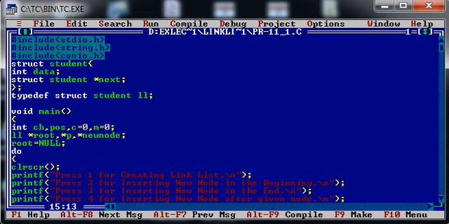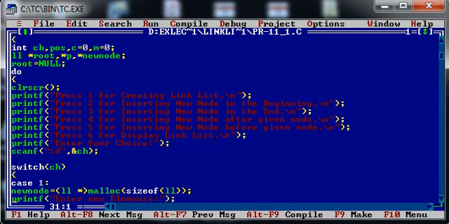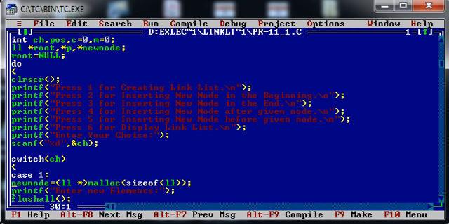So as you can see, I have taken one do while loop in which I have defined a few menus. That is, press 1 for creating linked list, press 2 for inserting new node in the beginning, press 3 for inserting new node in the end, press 4 for inserting new node after the given node, press 5 for inserting new node before the given node, and press 6 for displaying a linked list.